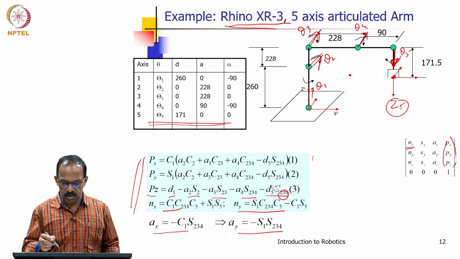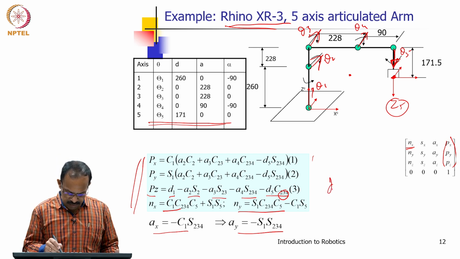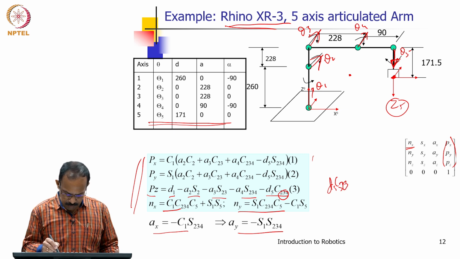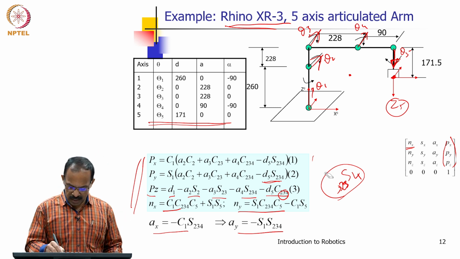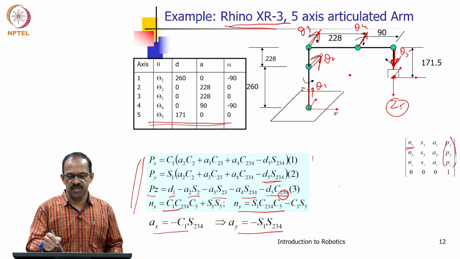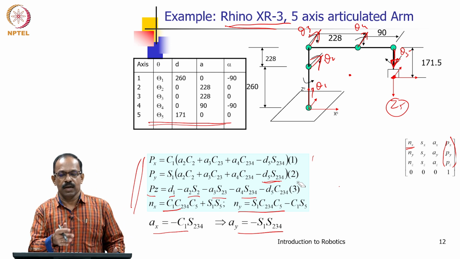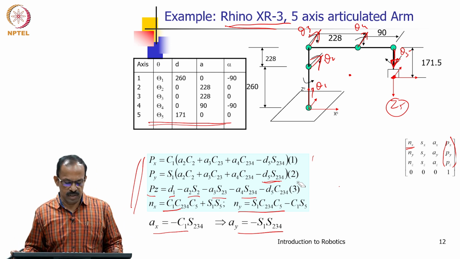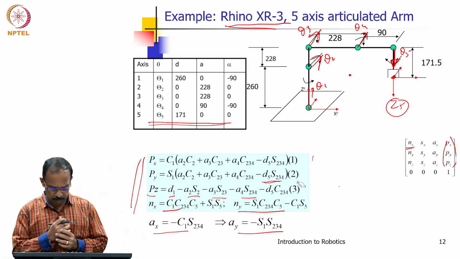Suppose they were not parallel, so this axis was not parallel, then you would be getting this as d phi S 2, 3 S 4. If it was in this format, then it would be difficult to solve algebraically, and that is why we say that when adjacent joint axes are parallel, we will be able to solve it, because they come as a compound angle. Otherwise, it is difficult to solve. That is from where the sufficiency condition appears.